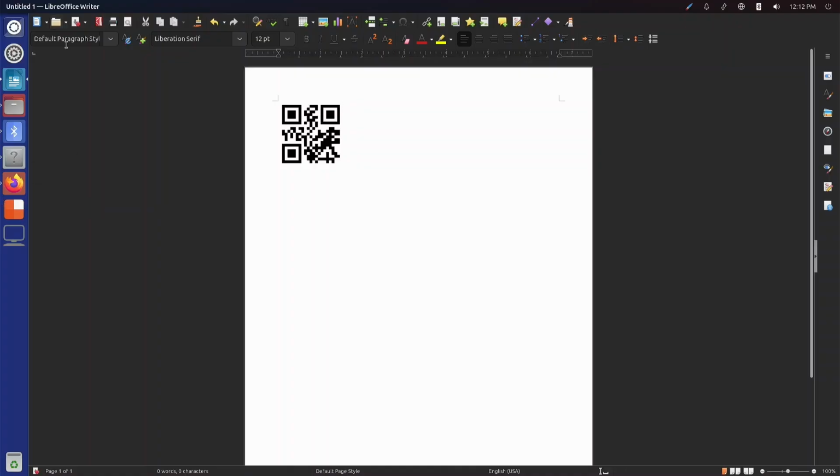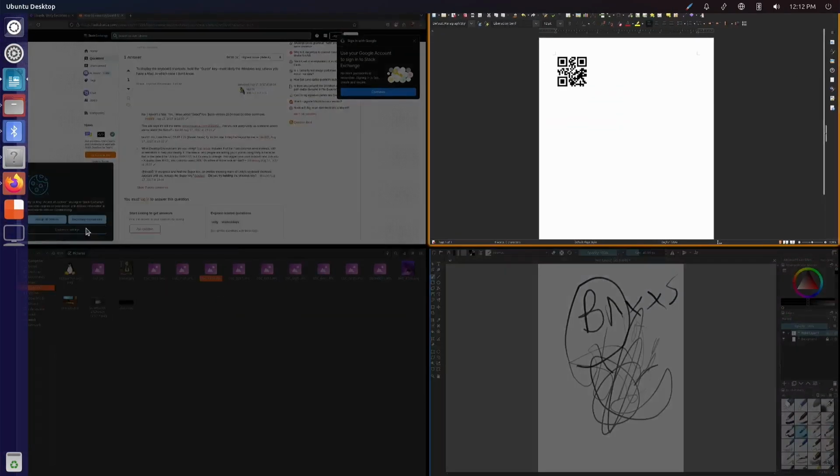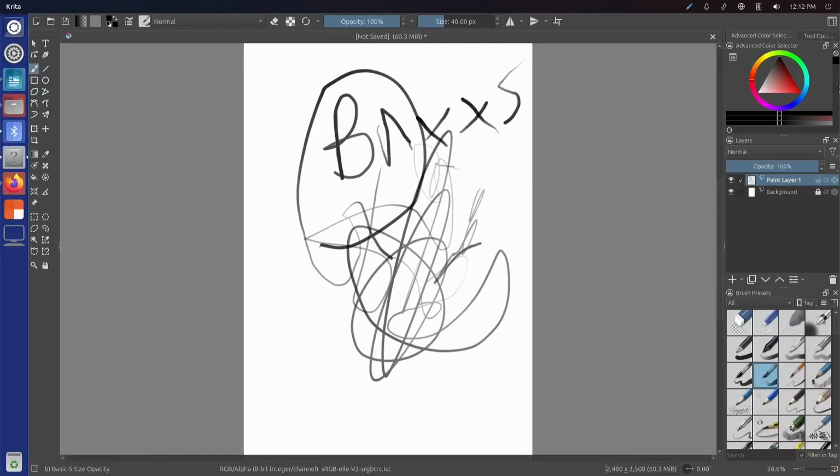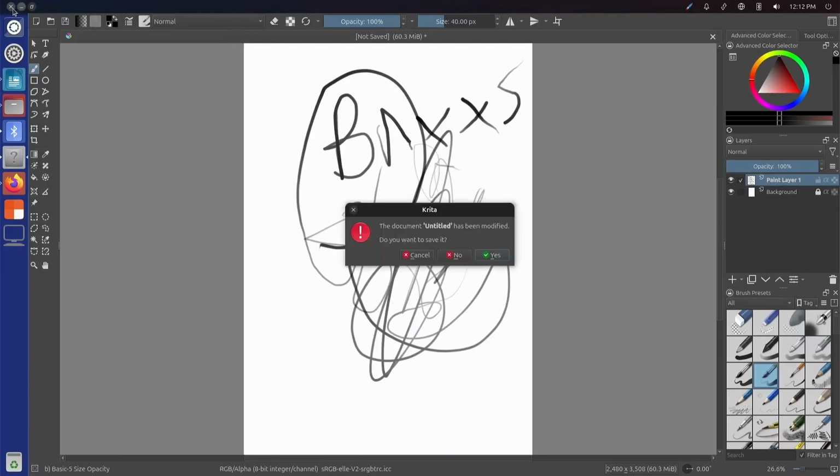Okay. But yeah, I think we're done with the Intuos tablet. So actually I'm just going to turn that off. You can see the Intuos tablet works.